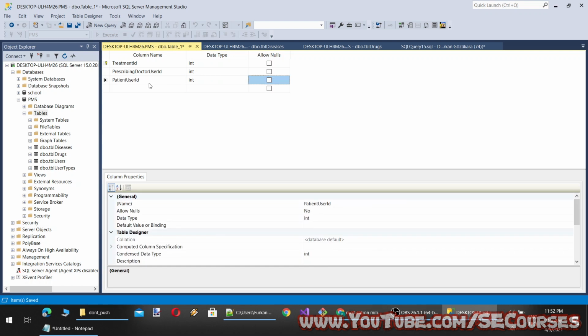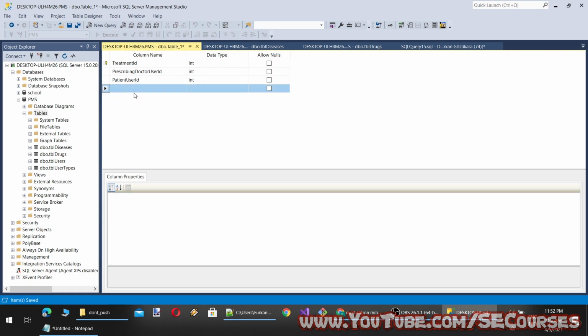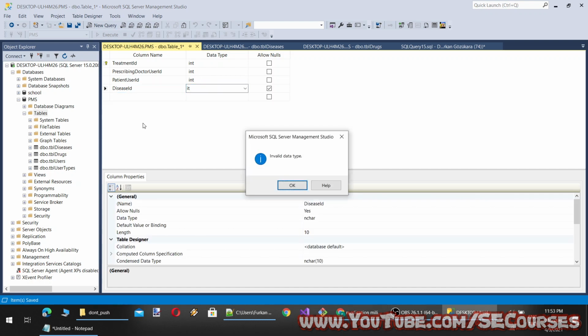And what else can there be? Prescribing doctor user ID, patient user ID, and prescribed drug. Okay, if you make prescribed drug, then we cannot have multiple drugs assigned to a treatment. Therefore, I will not make it that way. I will put here, in addition, disease ID.